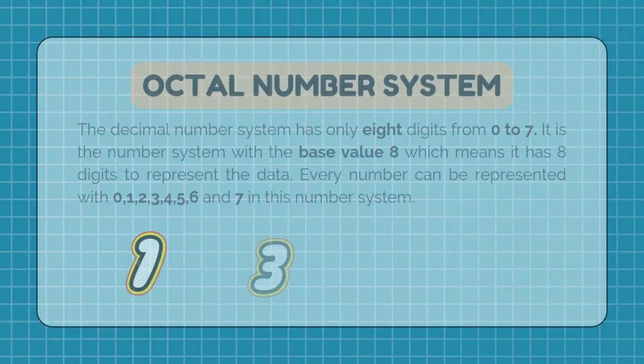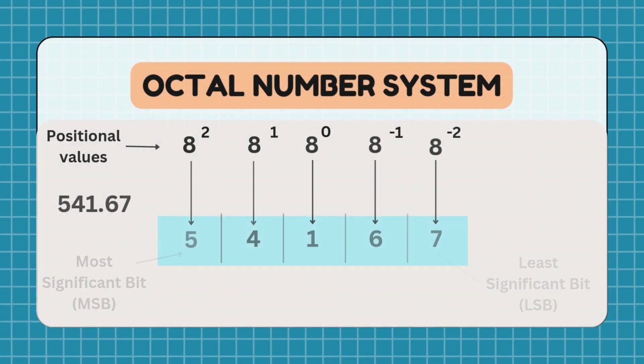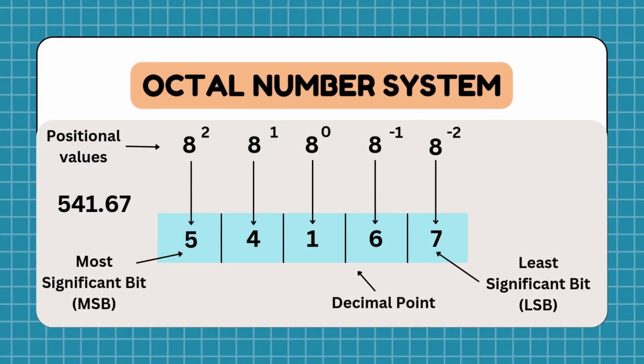Now, let's look at the octal number system. It uses 8 digits, 0 to 7, with a base value of 8. This system is often used in computing for its simplicity in representing binary data. For example, the octal number 541.67 represents a specific value in the decimal system. In the octal system, each digit's position represents a power of 8. For instance, in the number